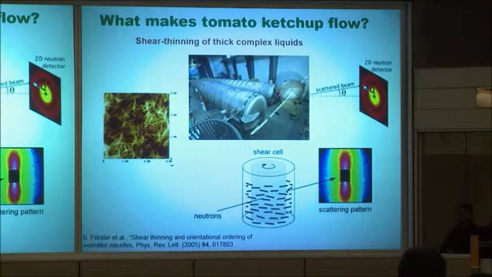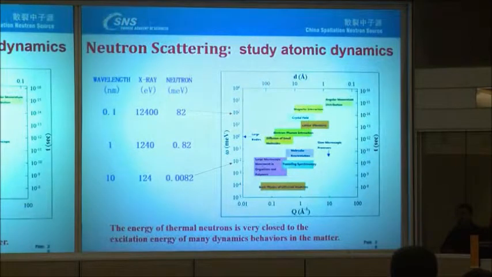Another interesting topic is to study shear thinning liquid, which is a thick, complex liquid, from tomato ketchup to salmon-type oil. So they can use neutron scattering to study those kinds of thick, complex liquids. Actually, they have many interesting applications. So this plot just shows